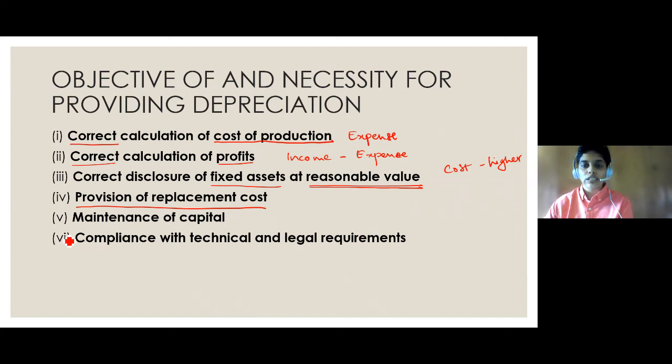And hence, what we do is every year when we charge this as an expense, the effect of charging as an expense is that our profit will reduce. That means we have certain amount available to us that can be put to use in the future periods. So when my asset becomes old and I require a new asset, this depreciation can help me pay for that new asset. That is, it will help me to replace that old asset.